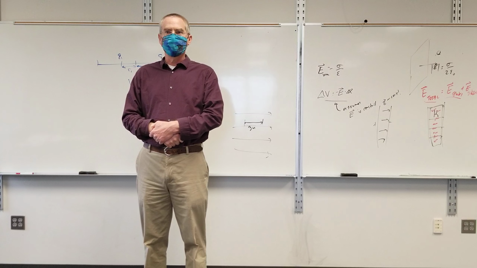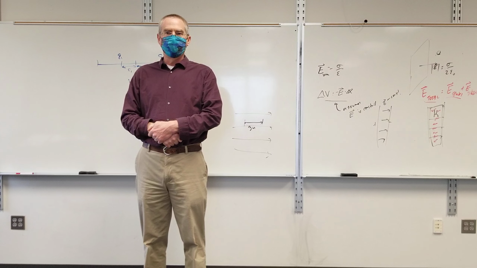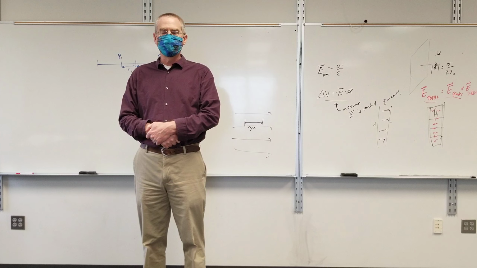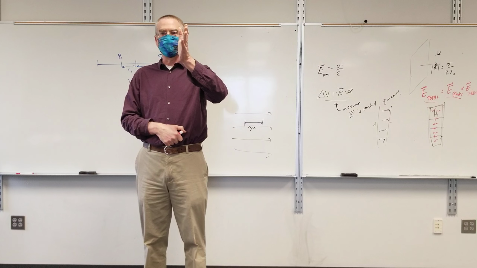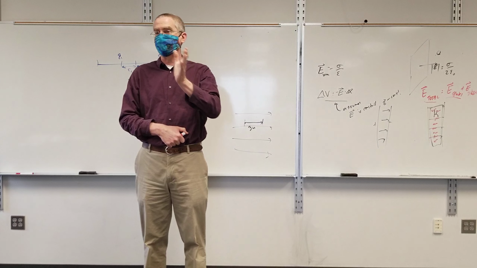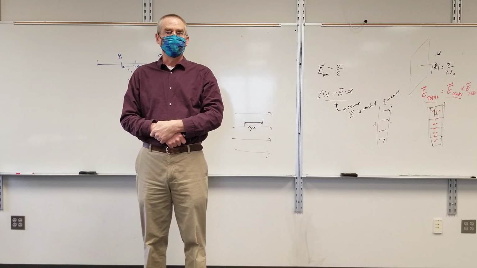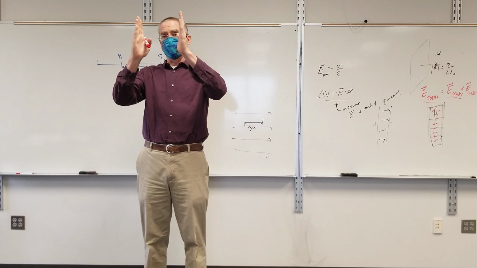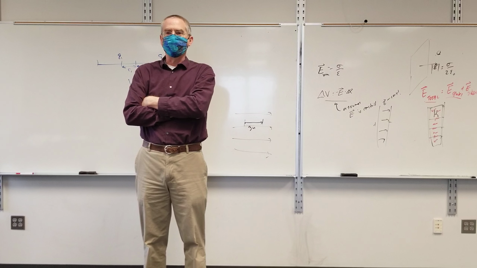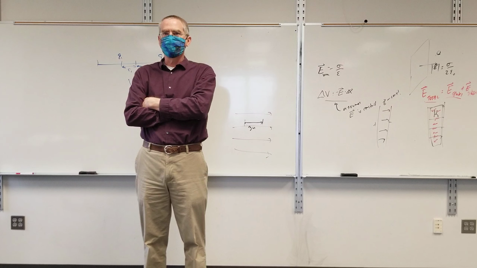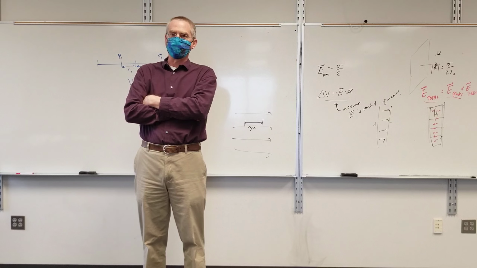Just to clarify, this sigma over 2 times epsilon sub naught, that's something we need to know cold, like that's always true? If I've got a single plate, or infinite plane of charge, I should say, then that is true. But with parallel plates, I've got 2 of them, so it's double that. The 2 goes away, essentially. In essence, 2 times a half is 1,